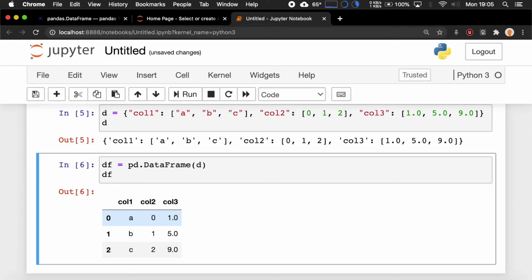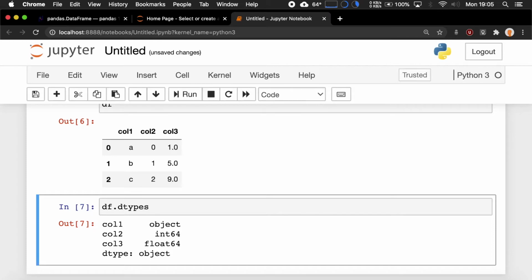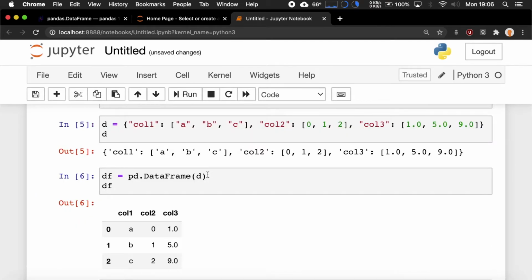We can inspect this with the dtypes attribute of the data frame. We see that the first column has been recognized as an object, the second column as an integer, and the third column as a float. Clearly, I cannot enforce a single data type on this kind of data. So if I try to do it,